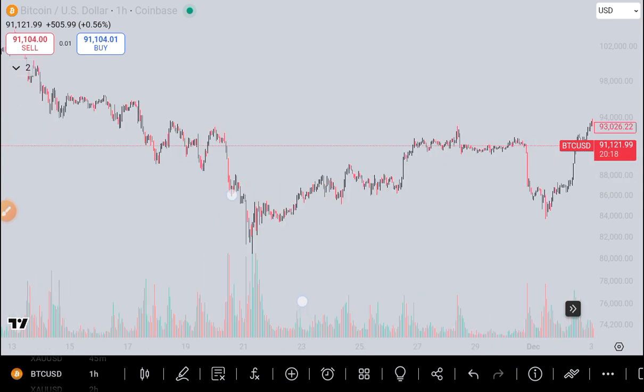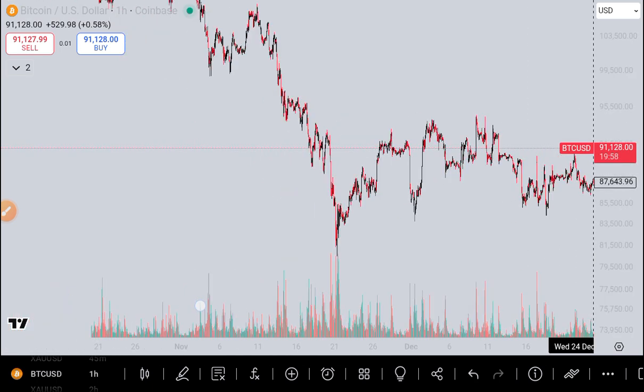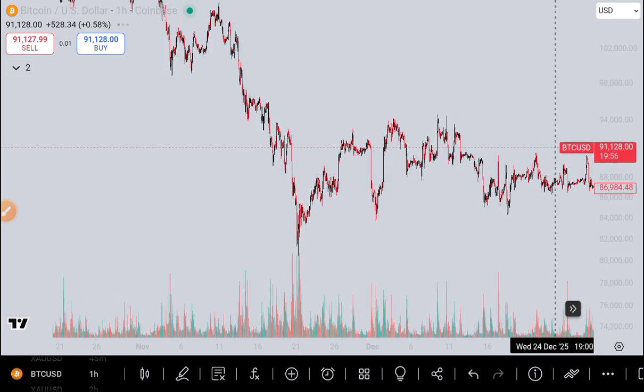Now, you want to check the aggregate volume. Okay, when I mean by aggregate volume, you want to check the volume congested. Which areas have congested volume? Okay, look at this. Look at this chart. You can see that